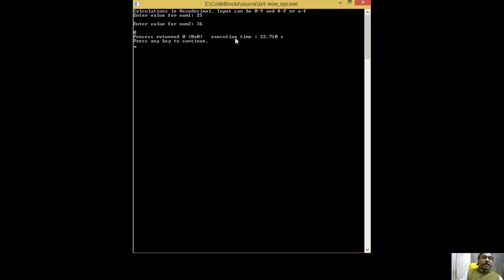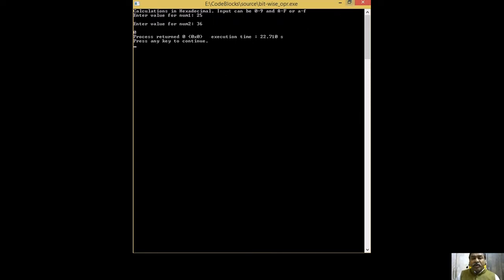We have got 0 as the answer. %I represents either hexadecimal or octal or decimal integer. %D is specifically decimal. I am telling here that I wanted decimal. So %D gives me 0. You can see the 0 here, right? So this is how it works. Now we'll make these changes.